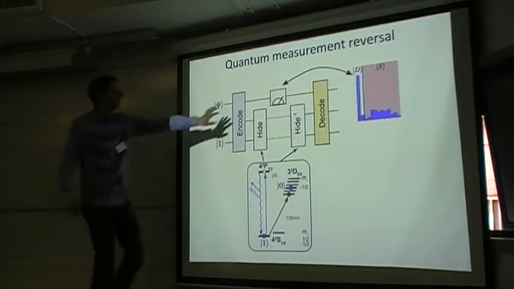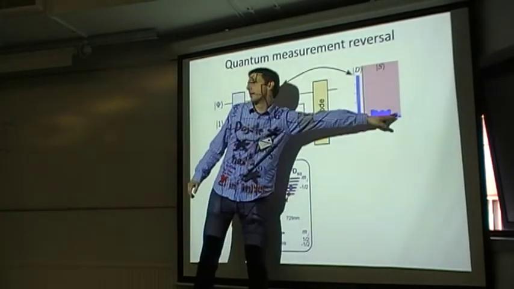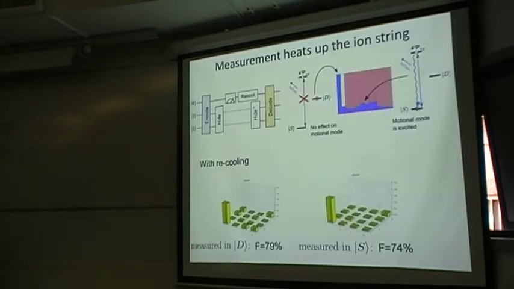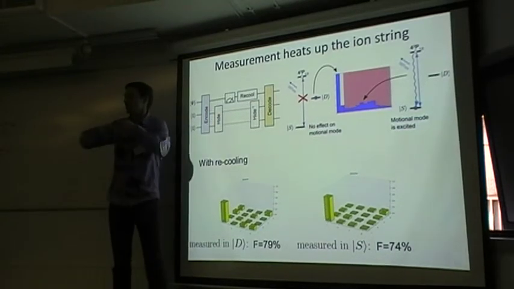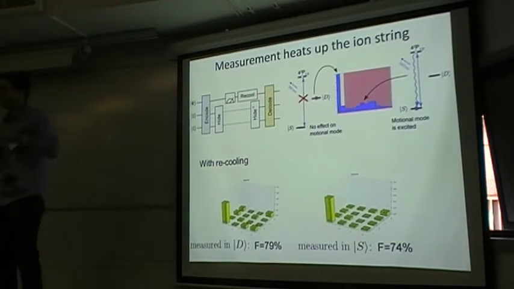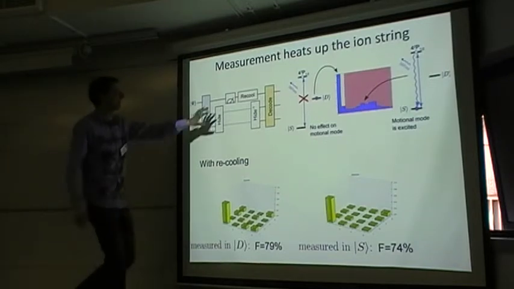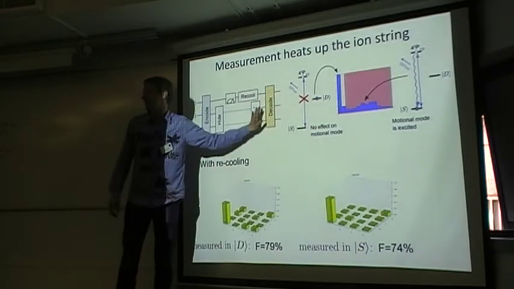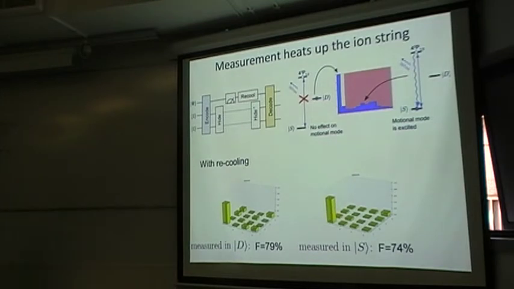Of course, now this ion scatters photons, and if it doesn't scatter photons, it was in the D state. If it scatters photons, it was in the S state, and by that you can distinguish in which state it is. The problem then is, of course, this measurement also heats up your ion string. There are a lot of photons being scattered with all other momenta. It's a random process, and due to that, your atoms will get quite hot. So for the entanglement operations afterwards, you need to record this measurement process, and then you can do